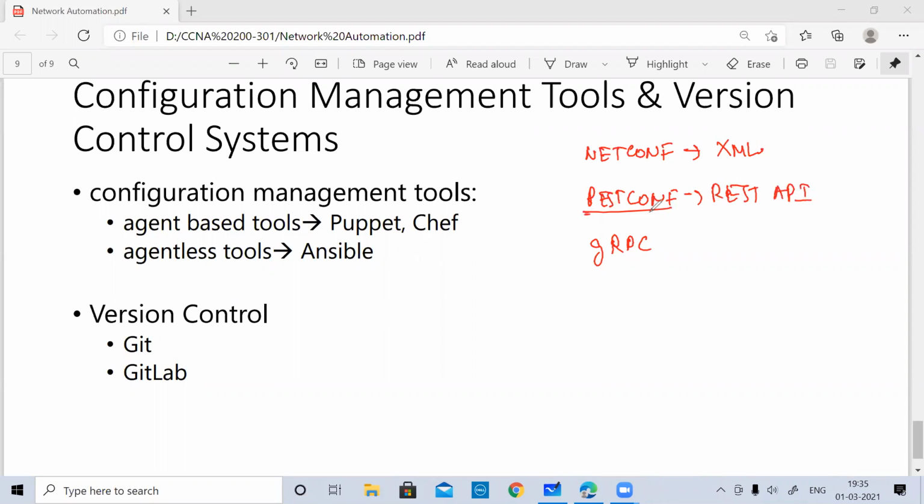This will make use of your REST API, what we have talked about. It has a similar structure, and gRPC is going to be a more sophisticated manner of having a remote procedure call. A remote procedure call, as simple as I can say, is that you are trying to run procedures remotely over other computers.